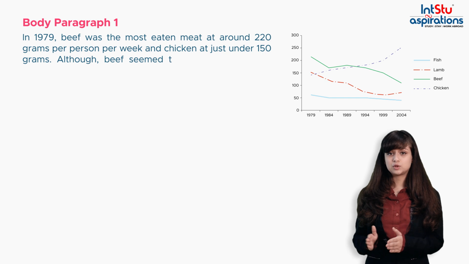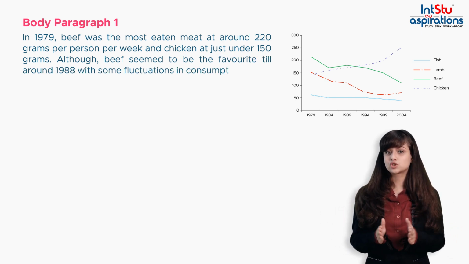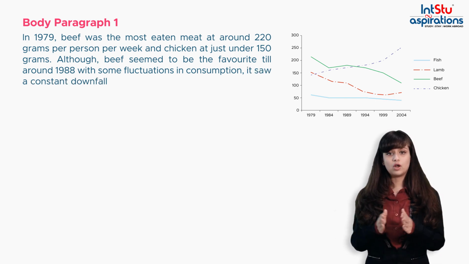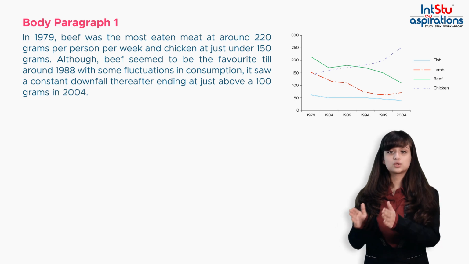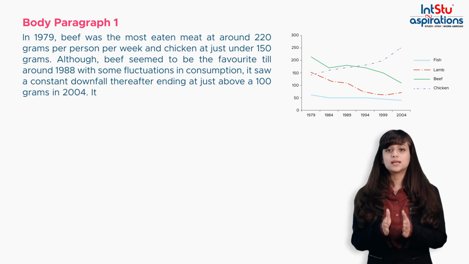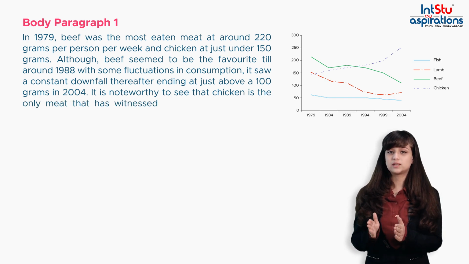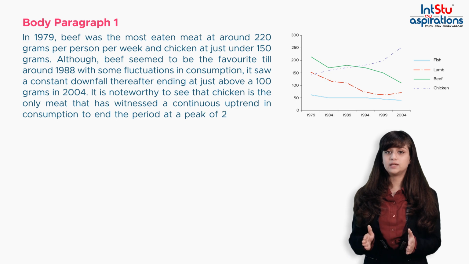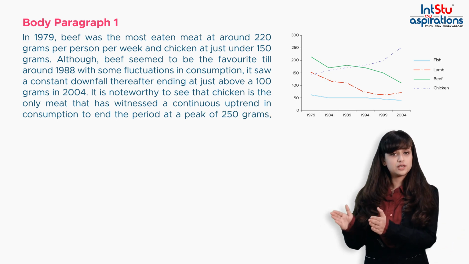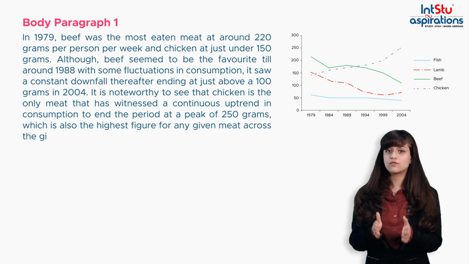Although beef seemed to be the favorite till around 1988 with some fluctuations in consumption, it saw a constant downfall thereafter, ending at just above 100 grams in 2004. It is noteworthy to see that chicken is the only meat that has witnessed the continuous uptrend in consumption to end the period at a peak of 250 grams, which is also the highest figure for any given meat across